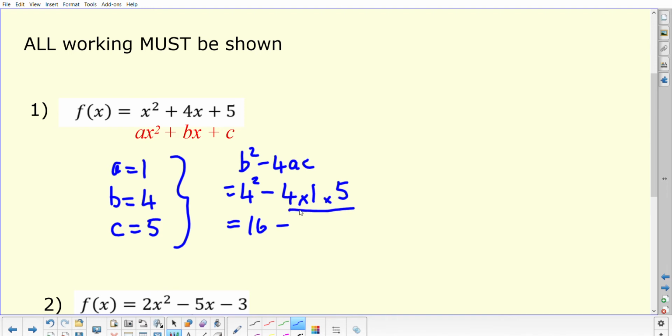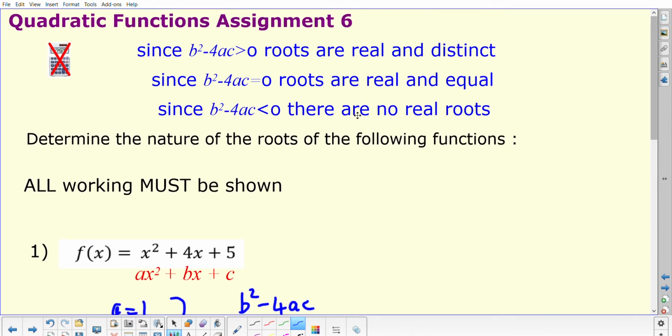BODMAS rule means you're doing all that times first. So you've got 16 minus 20. That, remember, is the same thing as 16 add negative 20, which of course we know is negative 4. So that turns out to be less than 0. So what that means for us is if we were subbing that into the big quadratic formula, because that's under a square root, we wouldn't be able to work out a value. So the implication of that is that since